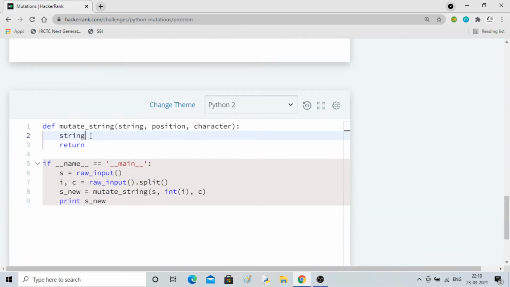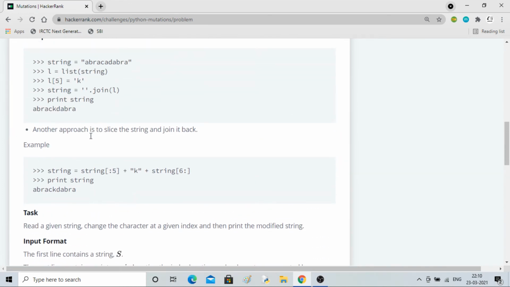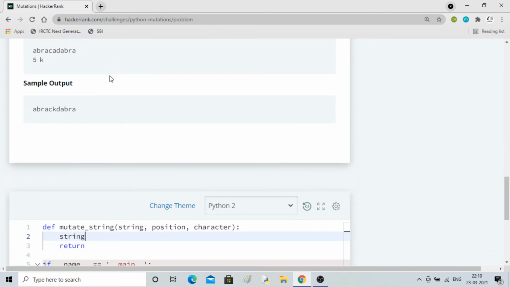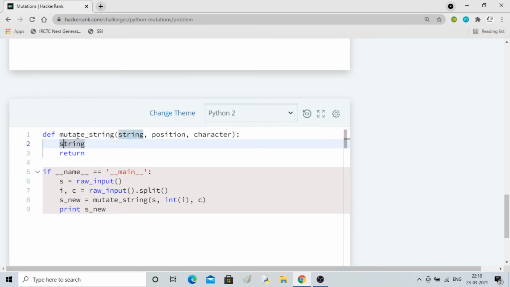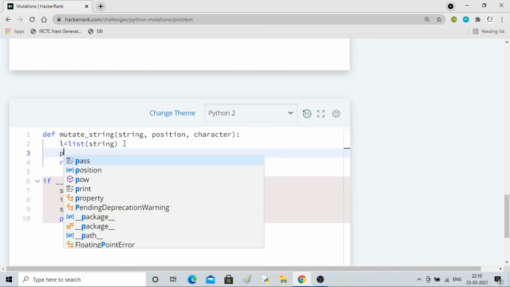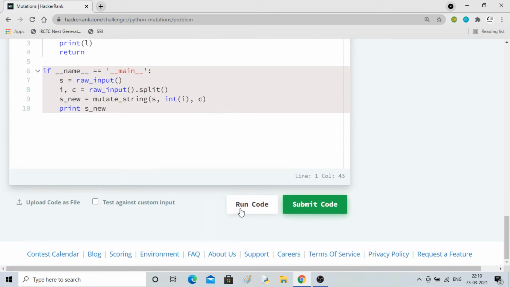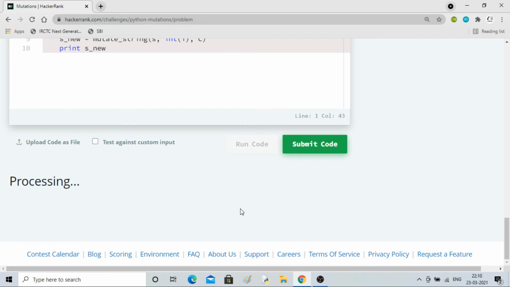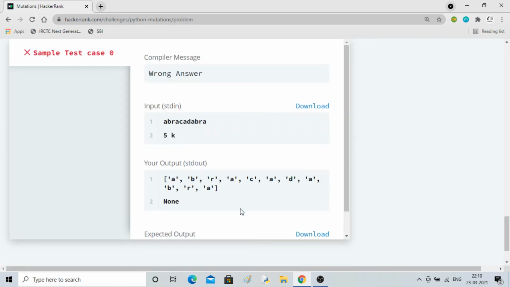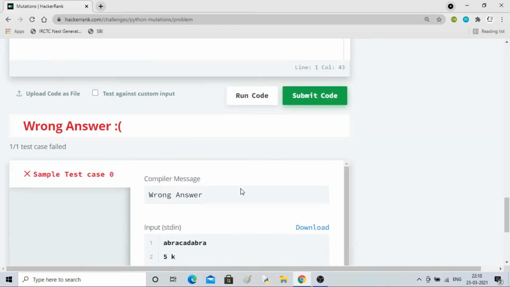First I'll convert the string into a list. Let's say L is equal to list of the string. That will convert it, and then print L. Let's see. Okay, we can see that we got this input and we have converted it into a list of characters.